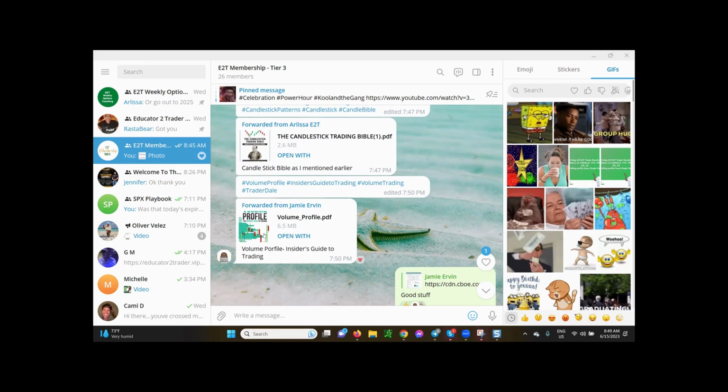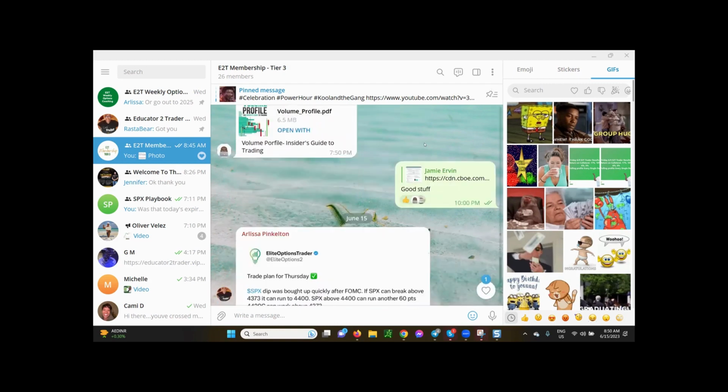All right. Volume profile, insider's guide to trading. I don't know if I have to open this and look at it. I've never seen this particular document, but I'm sure it will be of interest. Okay,